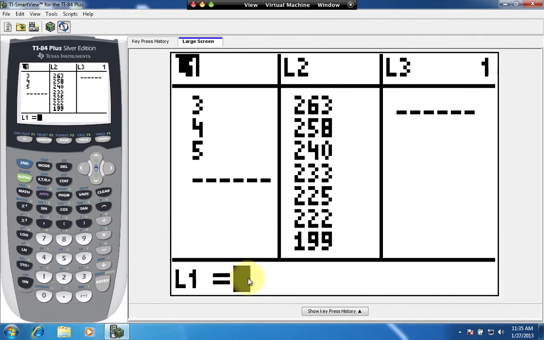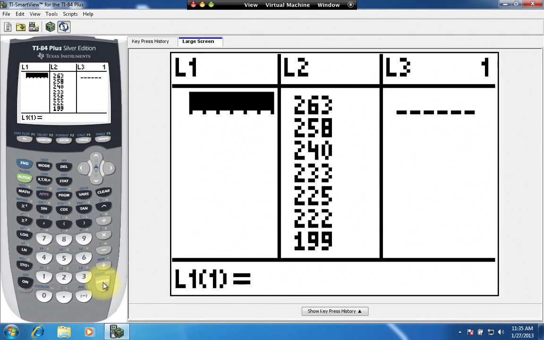Notice how everything at the bottom of the screen just went clear, then hit enter, and that will clear your list for you. I have data in L2. You're going to be putting that data in later on, but for now we're going to work on L1 and we're going to put the following 50 values in. So we're just going to type the numbers